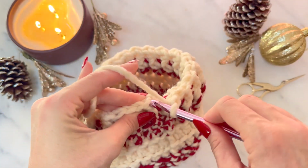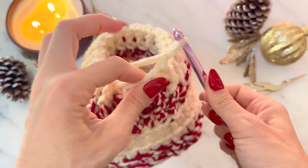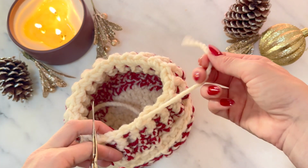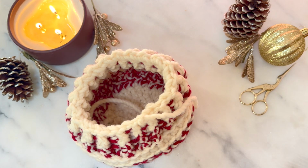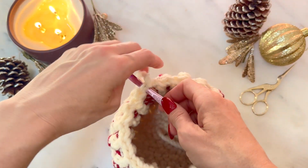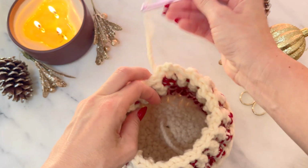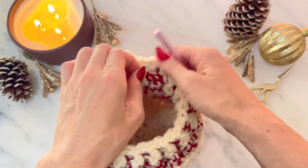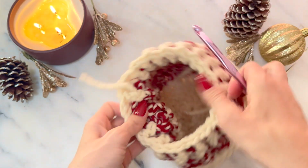We're just going to join like usual by doing a slip stitch, and then I'm going to pull through one more time and then cut the end. And then you guys can thread this in however you choose. I am so extremely lazy, and instead of using a threading needle, I simply weave with the hook. I'll just weave it in and out and back in, and then we're going to go up the chain. It's actually one of the back post double crochets. I'll weave it up once or twice,